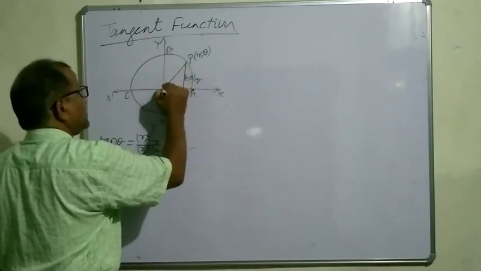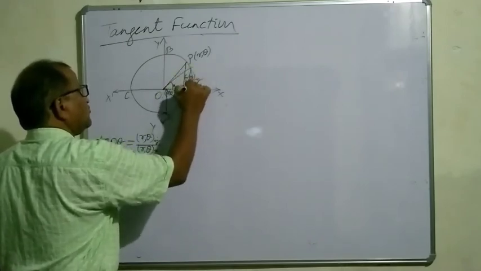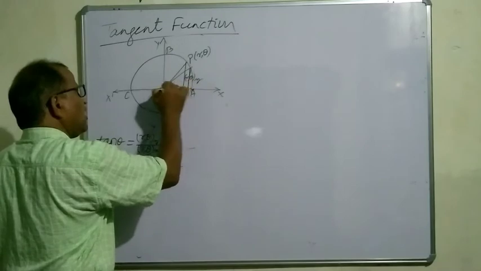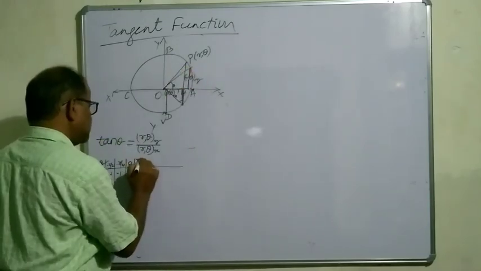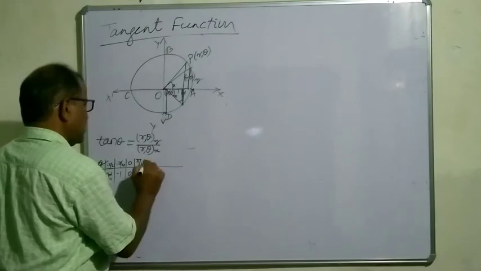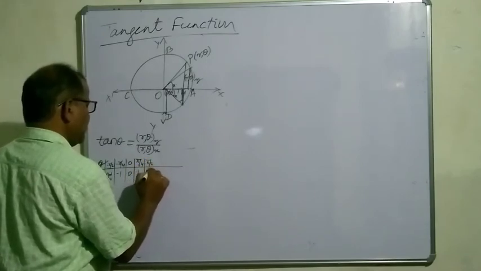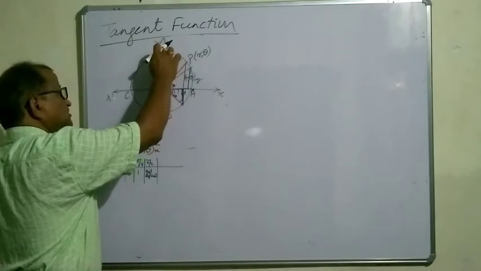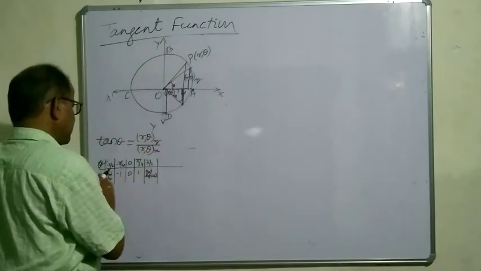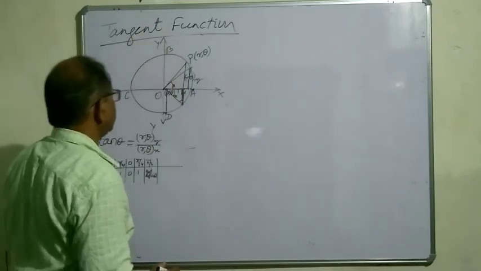After that, suppose pi by 4, again here both are positive, both are equal. Yes, this is an isosceles triangle, so at pi by 4 it is 1. And at pi by 2, not defined, but near this, it is highly positive, meaning infinity. Yes, from minus infinity the curve will move to plus infinity, right?